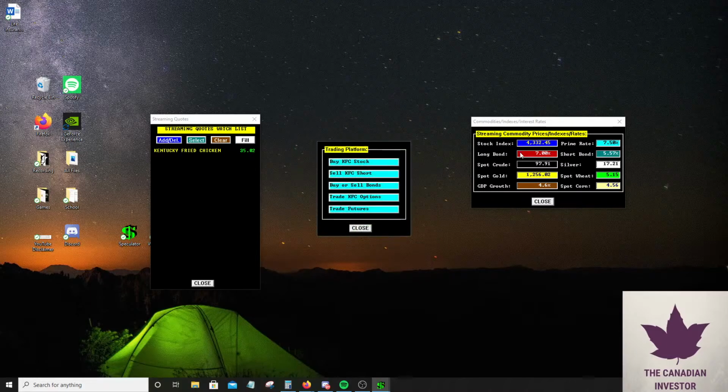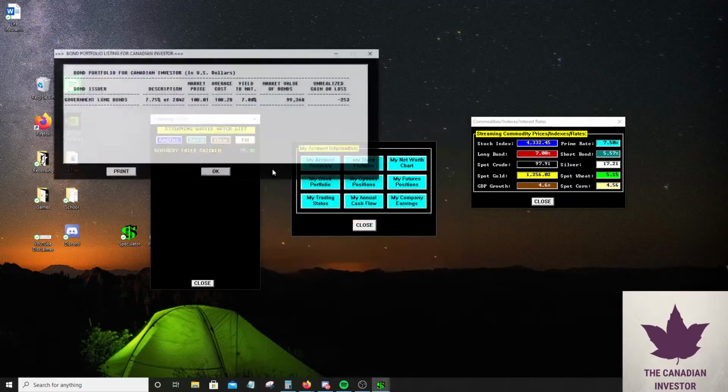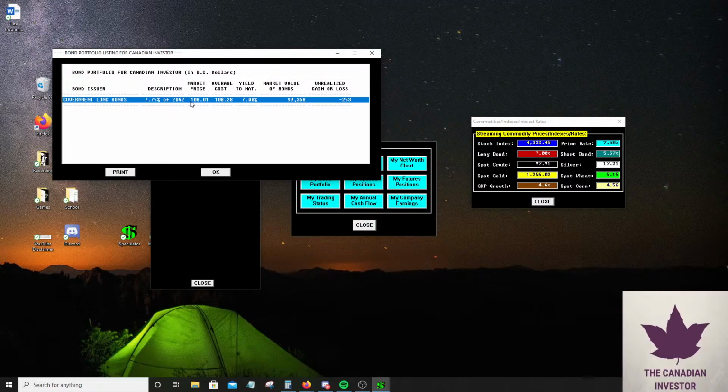Every time people call back bonds, they're paying back 100. In this case, we paid $108 for that bond, and it's paying us 7%. So we paid a bit of a premium. If they were to call it back, they would have to call it back at 100, so we'd lose $8. We'd lose quite a fair amount of our money if it got called. So that's one big thing to take into consideration: whether or not the bond is callable.